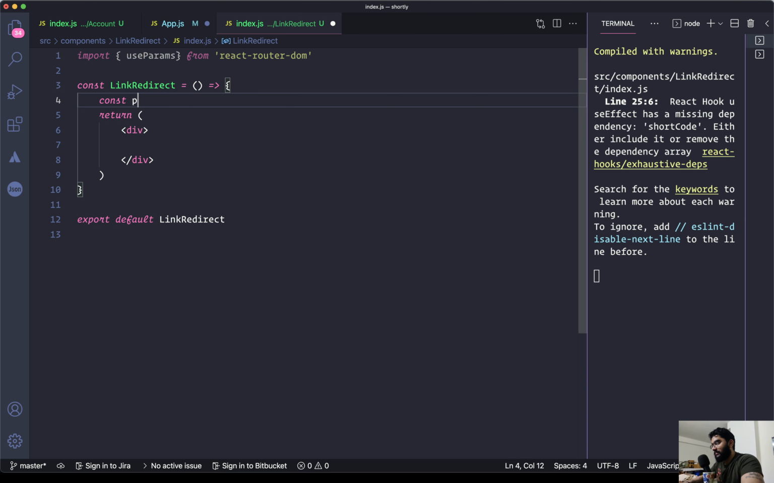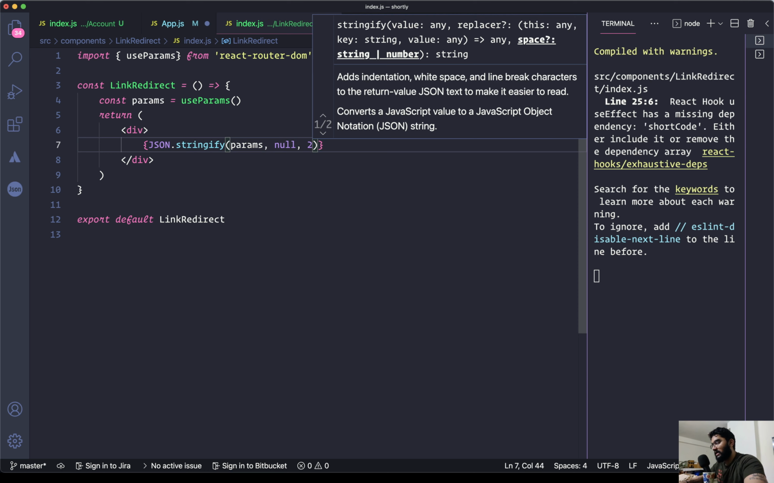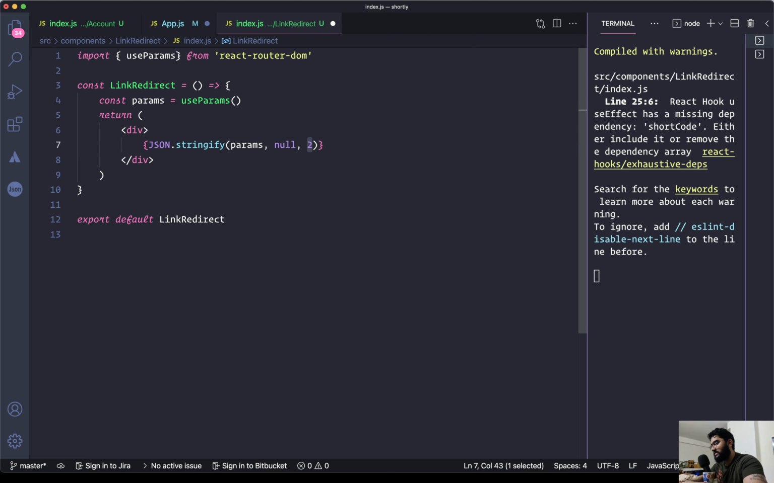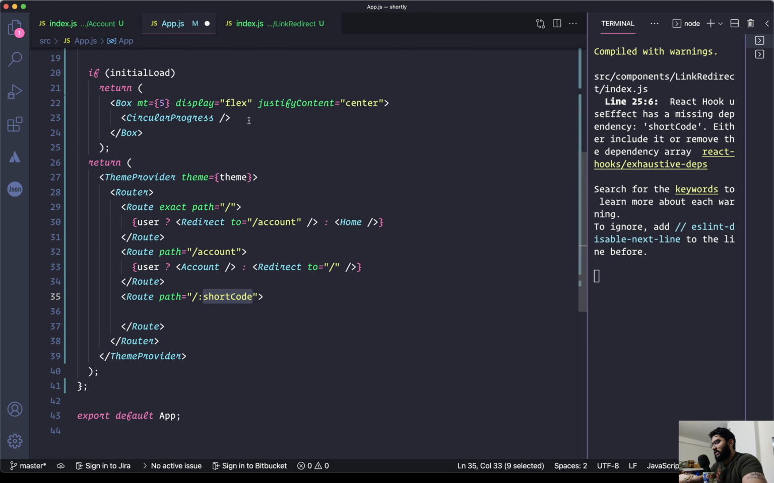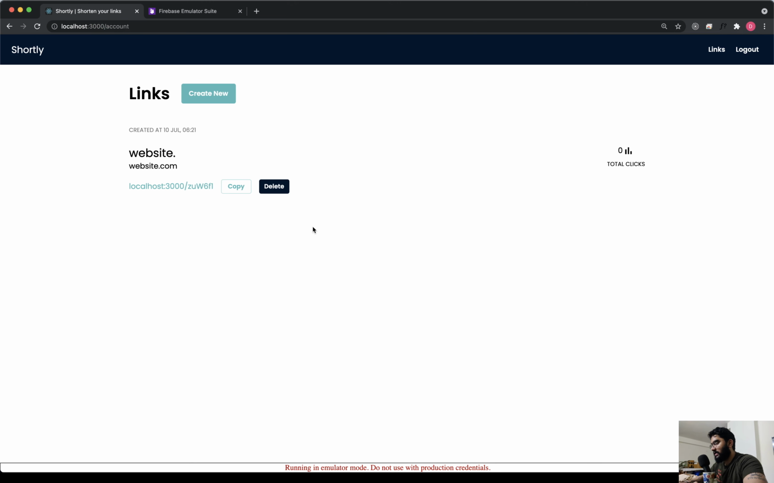So over here we can name it params, and it's going to be an object, and for the time being, let's display this object by using JSON.stringify. Let's add in params, the second argument to be null and the third one to be 2 for the spacing. So now within the app component, we just need to place the link redirect component in between the opening and the closing tag. If we do that, and if we head back to the project,